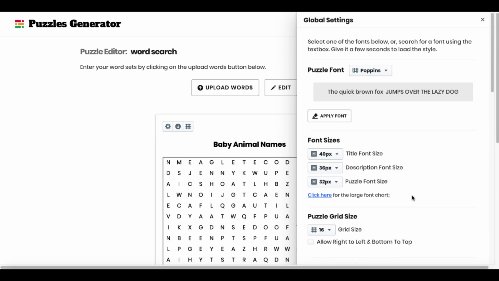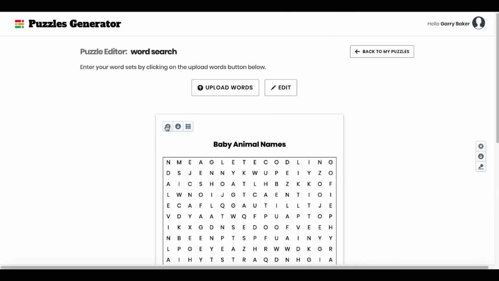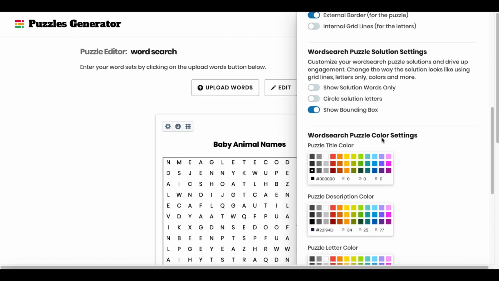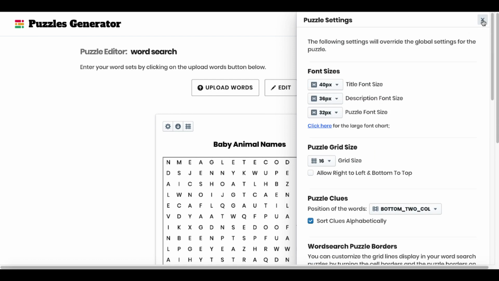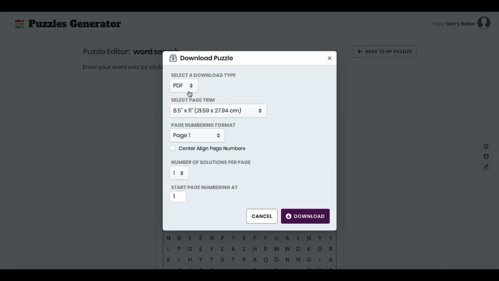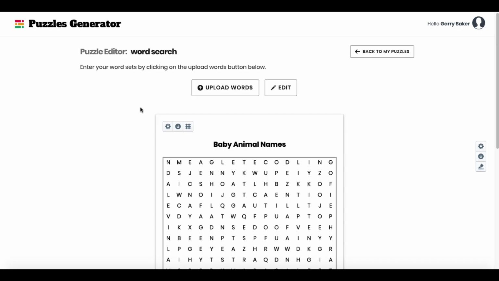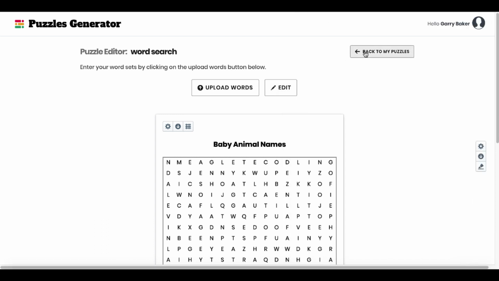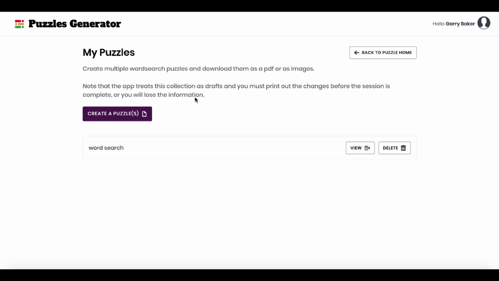filler, solution letter colors, both globally as well as at the puzzle setting or the puzzle level, where you can control pretty much the same thing, so puzzle or for the whole book, as well as when you download, you get PDF, PowerPoint, JPEG, and PNG. It is extremely powerful with all those settings, but you do have to create and upload the file individually, each one you want to do, and you do that by going inside, and you do that by working with each